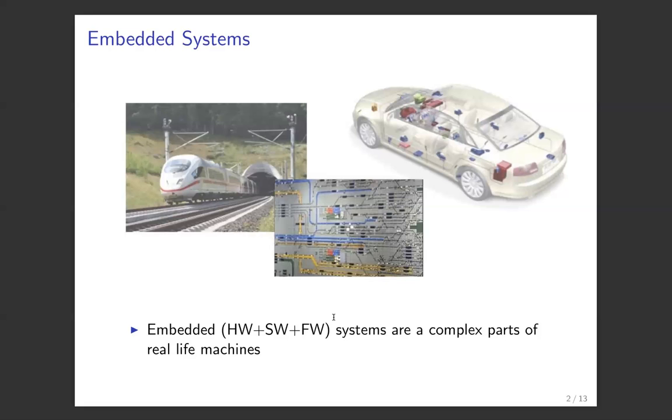And as you can see, the more electronic and embedded components you have in your systems, the more critical it becomes to ensure safety. That's why companies are willing to invest a lot of money into technology that can give a very high level of assurance